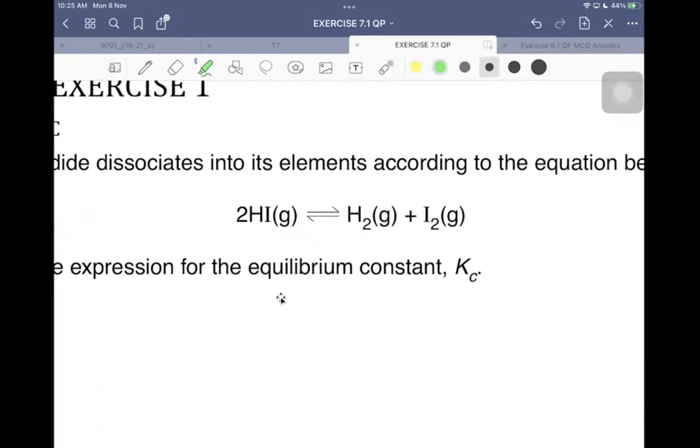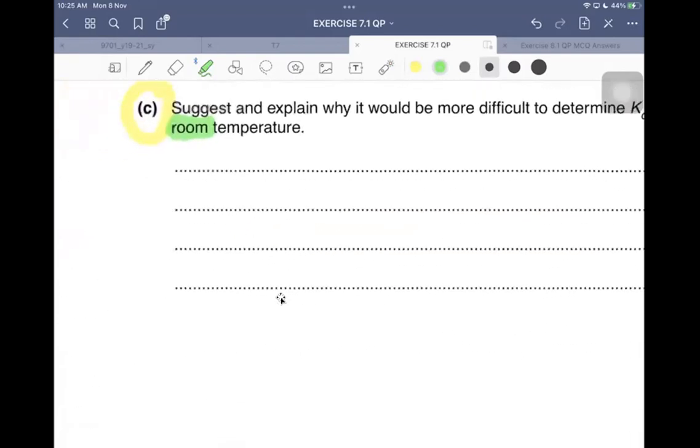And what do we know about the Kc of solid? What do we know about the concentration of solid? It cannot be measured. Okay, so that would be a problem. That's a problem why sometimes things can't just happen at room temperature. Okay, let's see. So at room temperature,